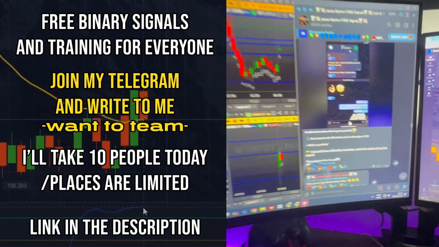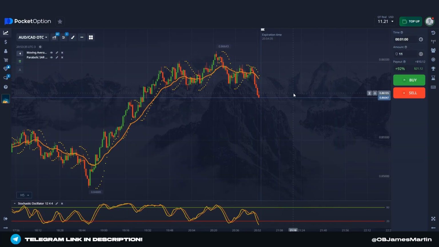See you there, guys. Each currency pair is suitable for me to use this strategy, like on Quotex. It doesn't matter. Now I have found an excellent moment on this pair right here.